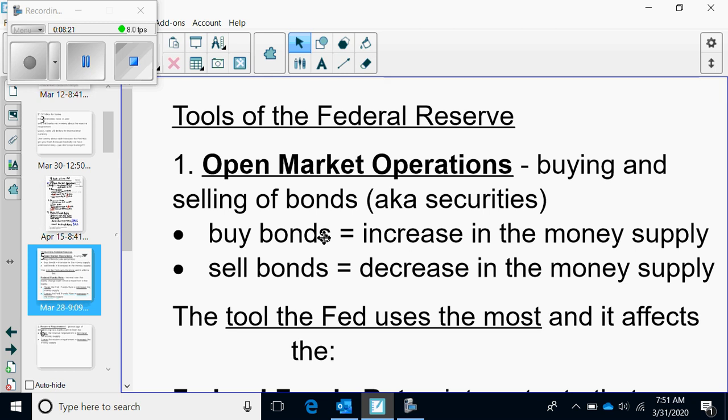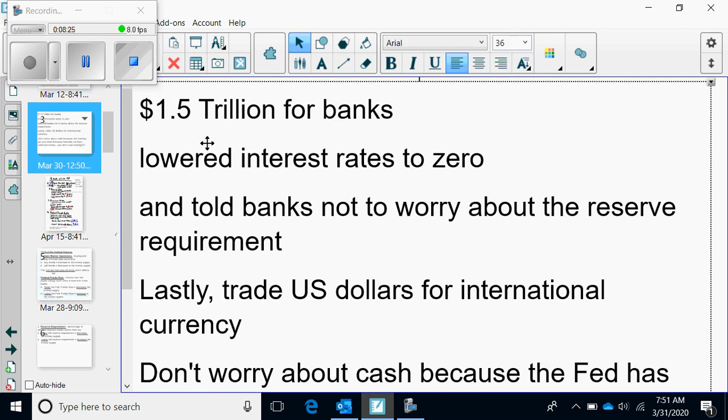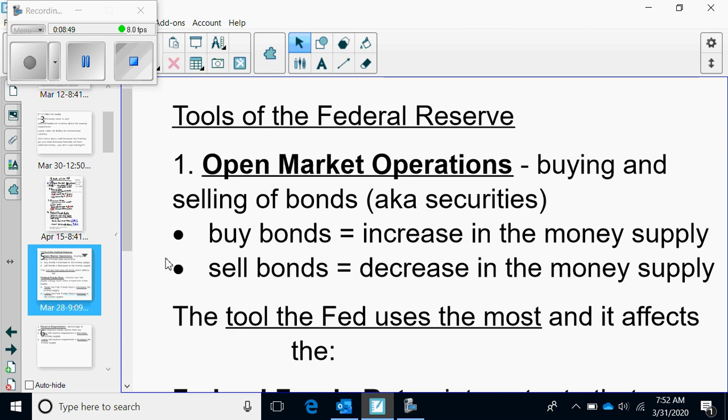They are buying bonds. Going back to this slide, which you don't need to write down, the first thing they said was, we've got 1.5 trillion. You can loan us those bonds for a month and we'll give you cash. And that's what that is. They didn't really inject 1.5 trillion into the economy. They said it's here if you need it. Now, when they began to buy bonds, which is the second thing, this lowers interest rates, and we'll show you the graph later. This lowers interest rates to basically zero. That was their target, to get it down to zero.